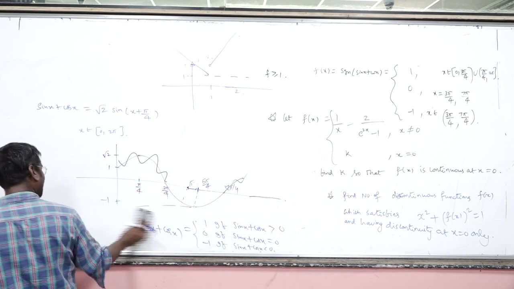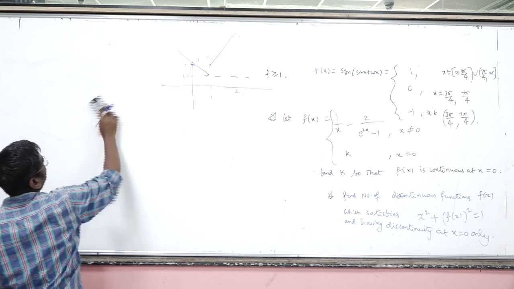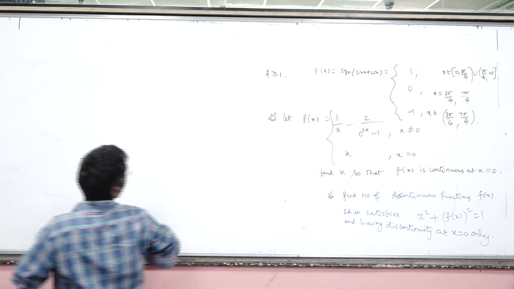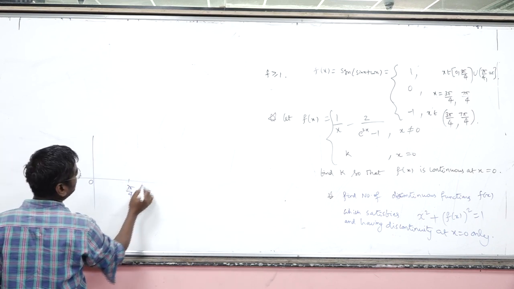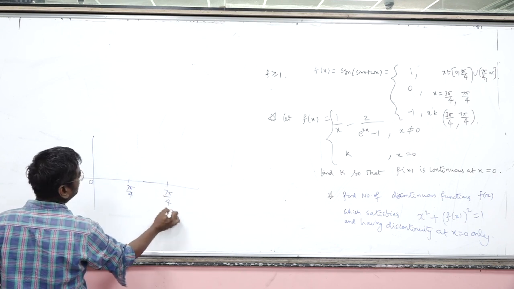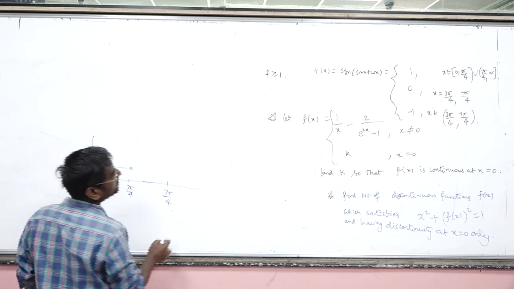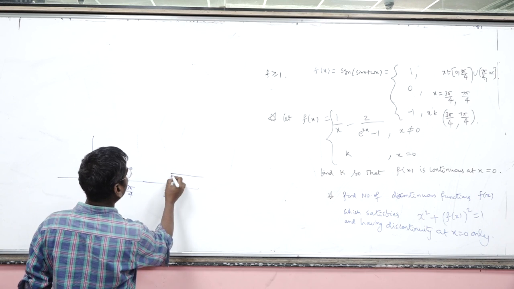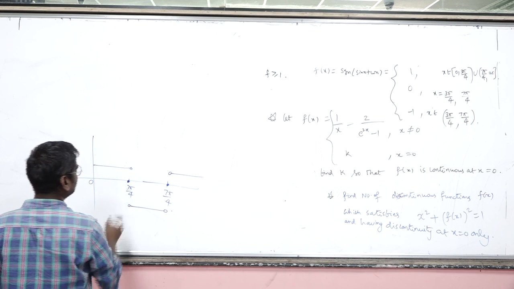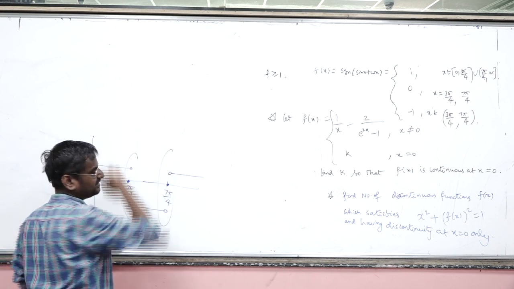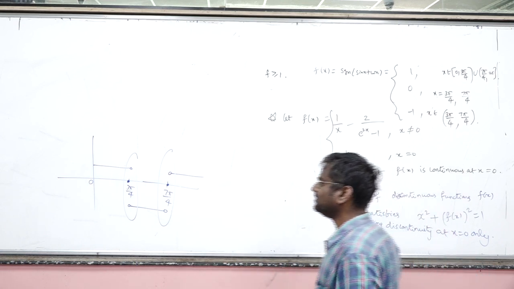Now if we draw its graph, that is my f of x equal to SGN of sin x plus cos x. So I can simply say that it is 1 starting at 0, there is one point at 3 pi by 4 and one at 7 pi by 4. 0 to 3 pi by 4 it is 1 excluding here. 7 pi by 4 to 2 pi it is 1 excluding here. And at these both the points it is 0 and in between it is minus 1. As you can see, number of discontinuities are only 2. X equal to 3 pi by 4 and x equal to 7 pi by 4.